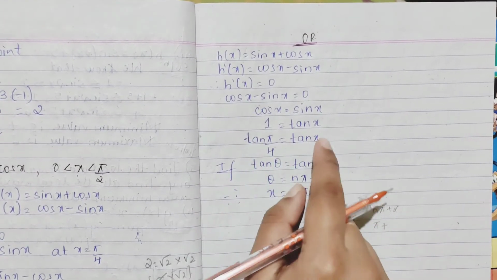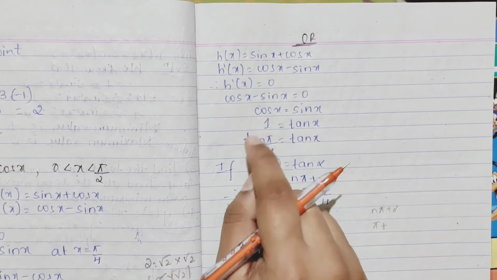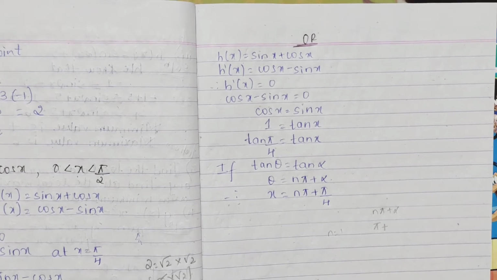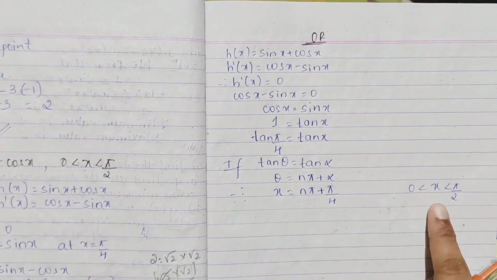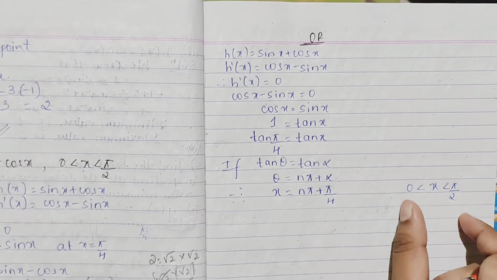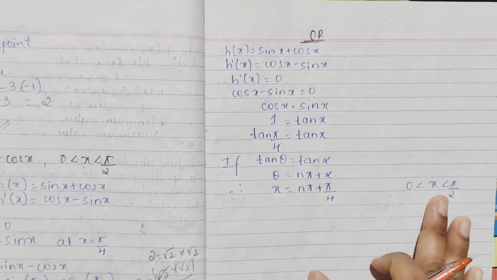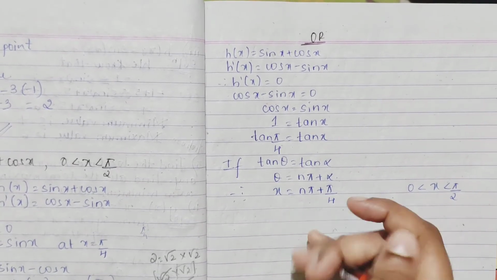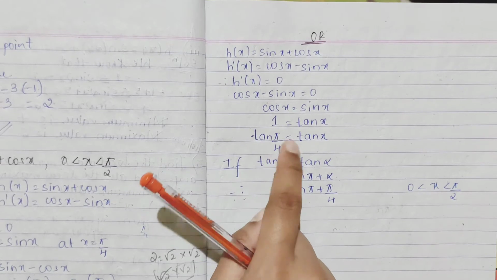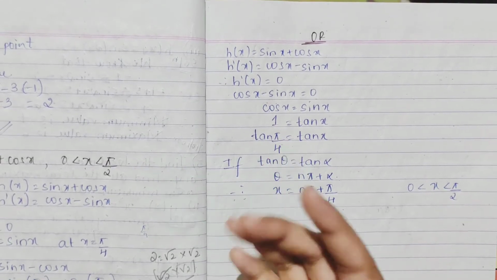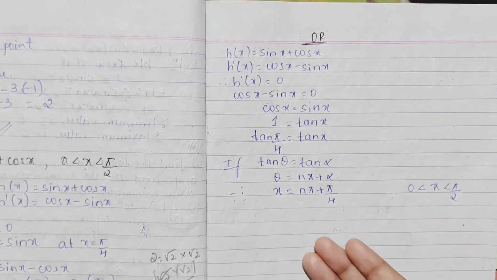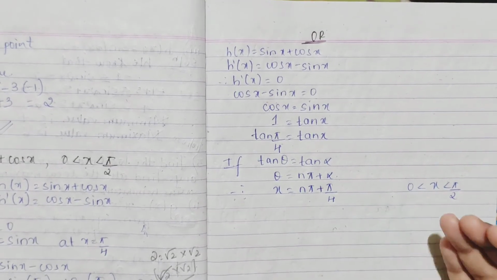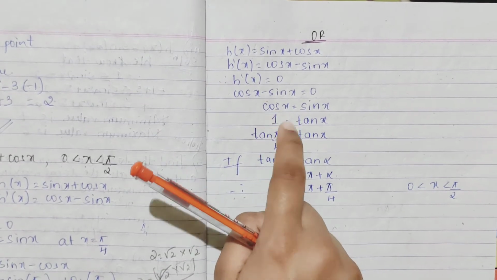with considering our tan only, because you have to check in which tan value you are getting 1, and that is pi by 4. Considering this, you have to check. Now here, what x values have they given? Between 0 to 90, right? The values you are getting should be between 0 to 90. So we will check what value. See, many values you will get 1. Yes, your tan value will be equal to 1 at tan pi by 4 you are telling here, but you have to calculate in this way. So you have to see at what all numbers you are getting the value as 1.